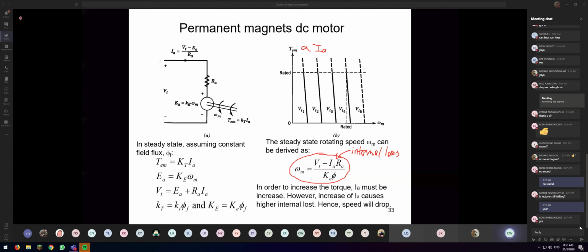That's why if you try to overload the DC motor, let's say, for example, you use your small car to drive uphill to Genting Highland or Cameron Highland, you will notice that the car will run at a lower speed even though you press the pedal a lot. And at the same time, you'll notice that the water will get overheated. That's why a lot of cars will stop at the roadside